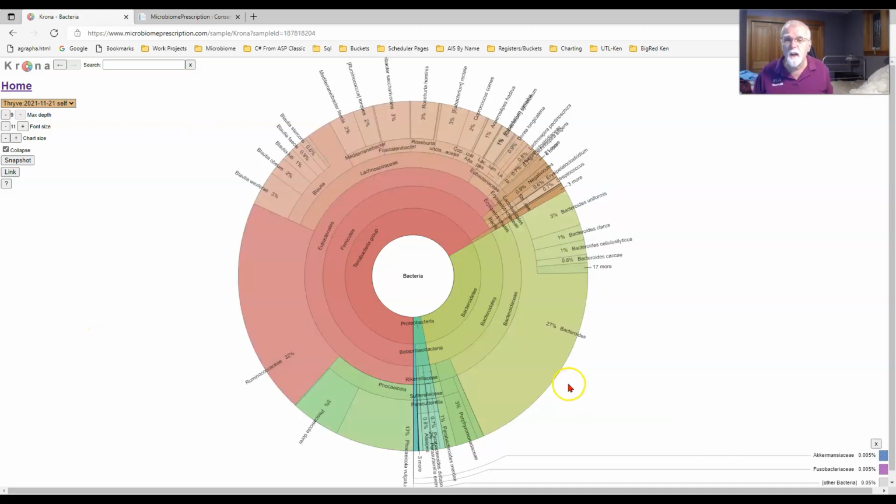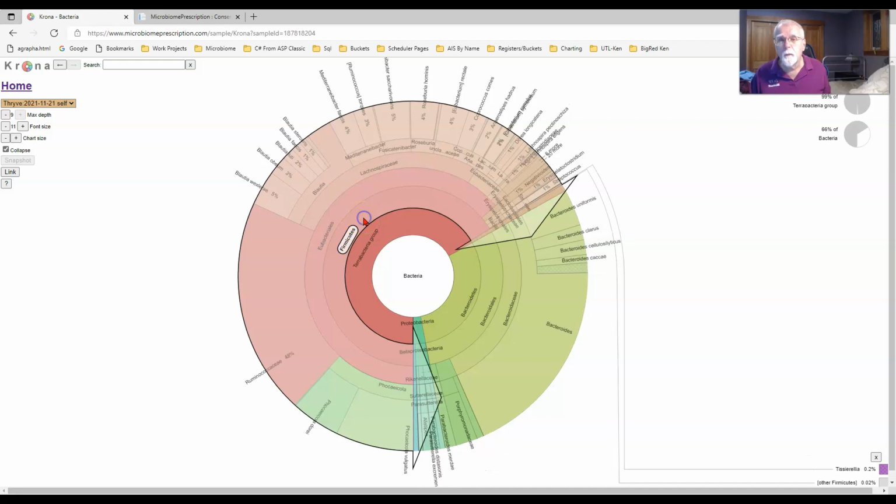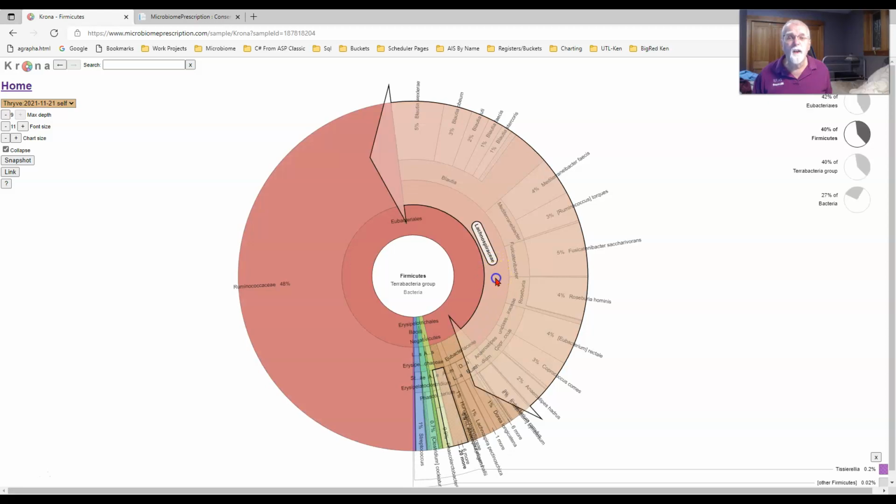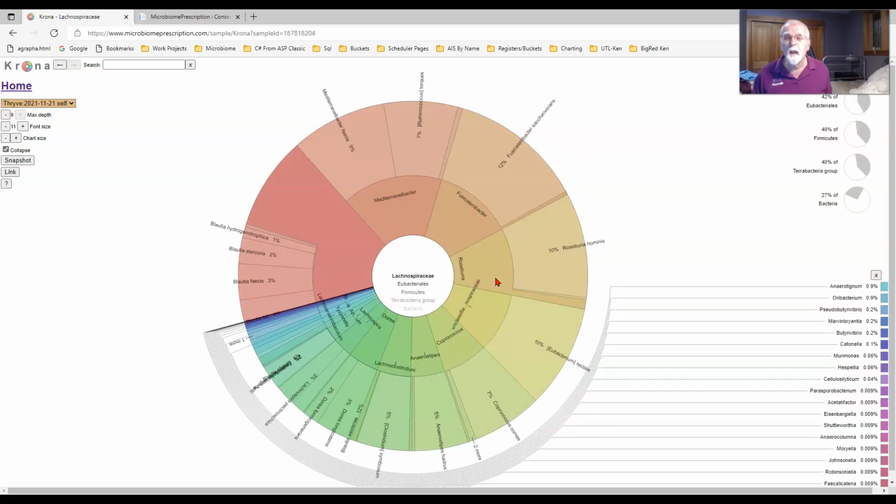So here we have a chart, and you can go in and pick some area. Let's say we take firmicutes here. We double click that, and we have all the firmicutes sitting there, and we have different types, and we can go over here and say, okay, let's click here and see what drills down.